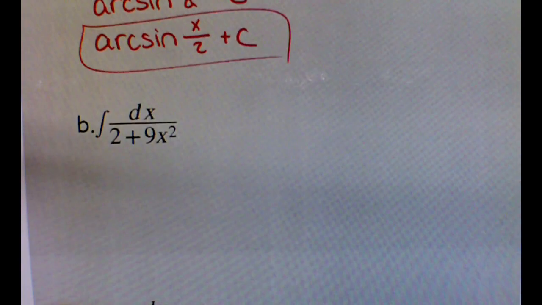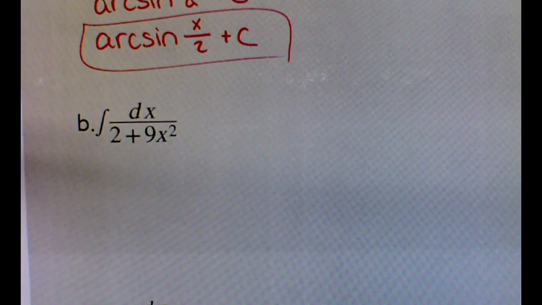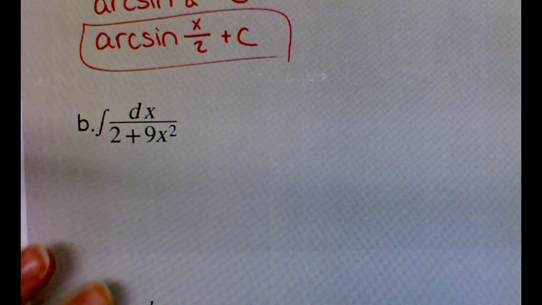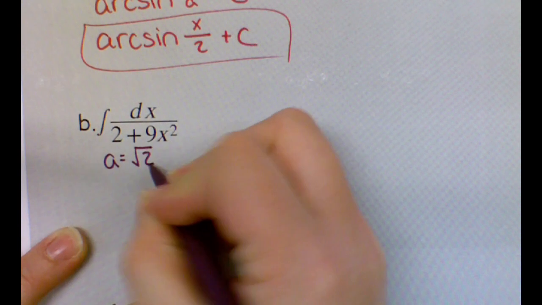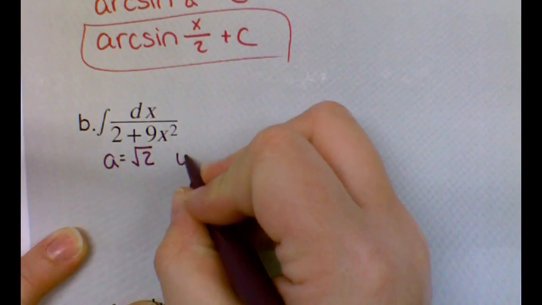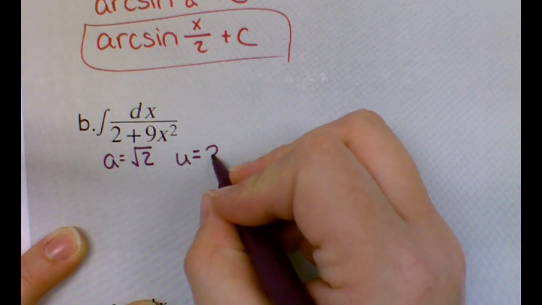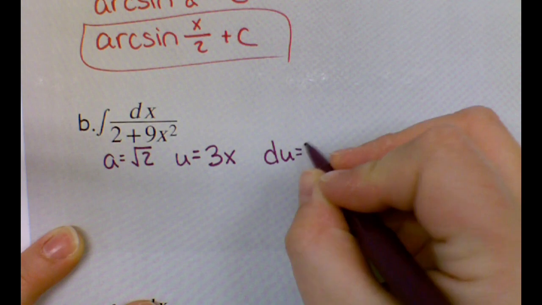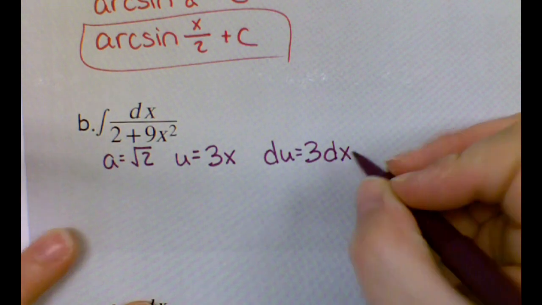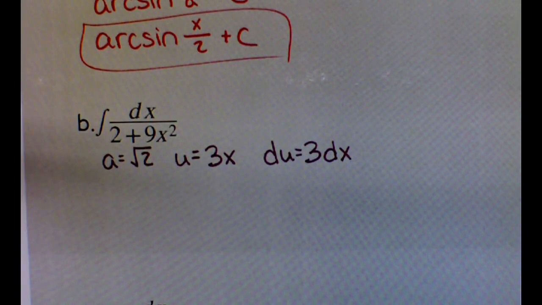For the next one, this one doesn't have a square root in it, which tells me it's probably tangent. So in tangent, we need u and a. A squared gives me 2, which means a must be the square root of 2. U squared gives me 9x squared, so u must be 3x. Du in this case becomes 3 dx. Since that 3 is not in the problem, we need to divide by 3,